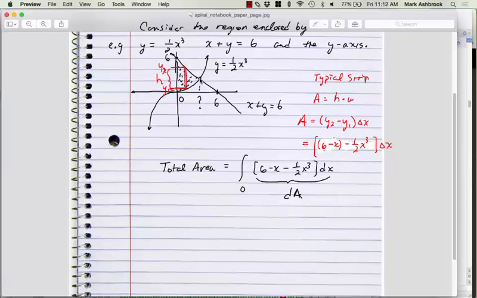So how are we going to find out where they intersect? What are you going to set equal to each other? The two functions. Half x cubed equals 6 minus x. So you don't set the functions equal to each other. You set their y values equal to each other. You set the y's equal to each other. So it's going to be 1/2 x cubed equals